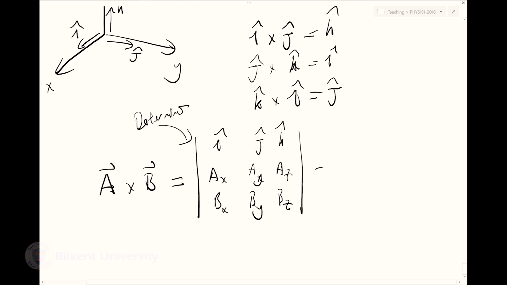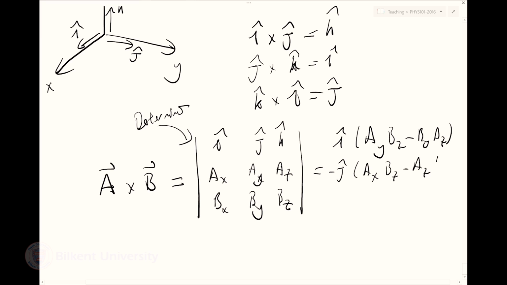I'm just doing this to scare you. AY BZ minus BY AZ, minus J hat, AX BZ minus AZ BX, plus K hat, AX BY minus BX